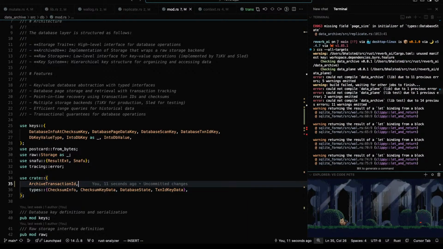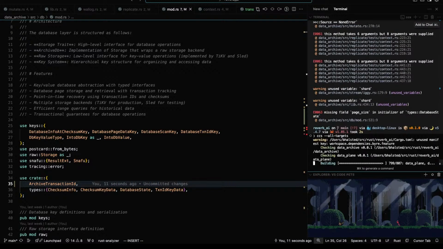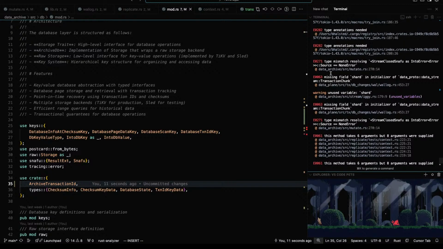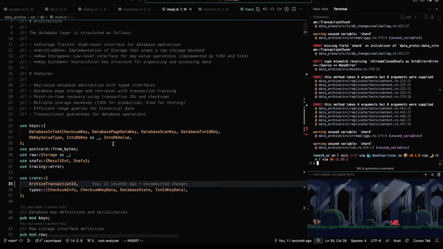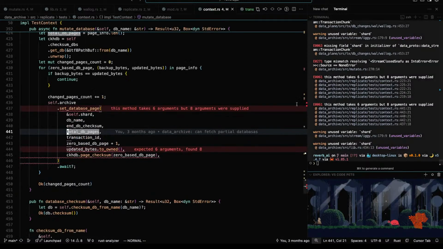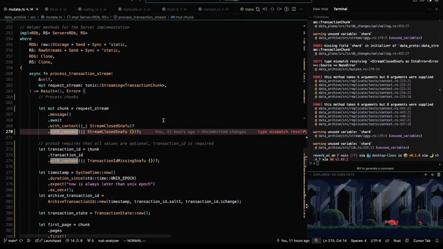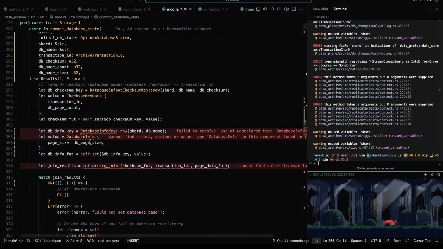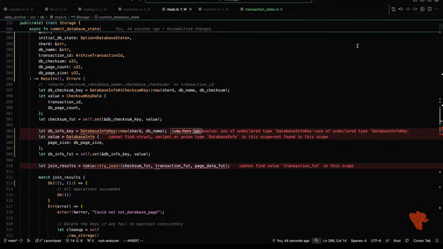Okay. Going back into replicate, this here, that here. Write database state. Read me back up.